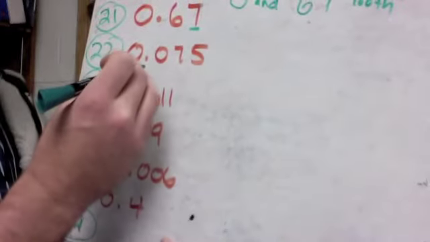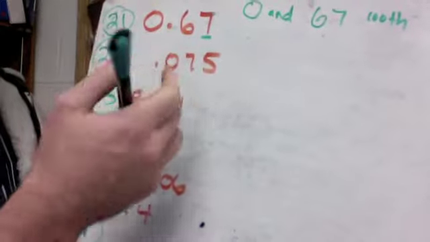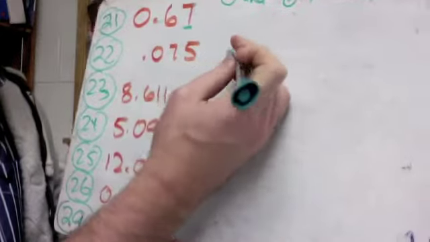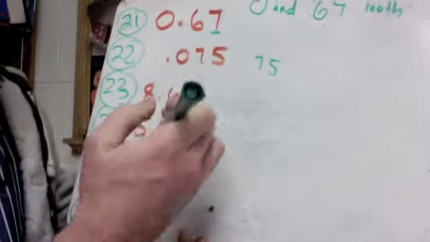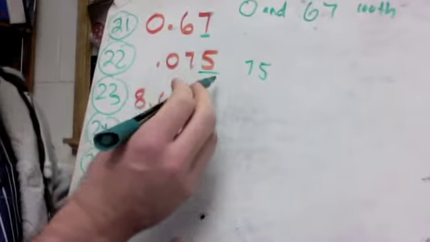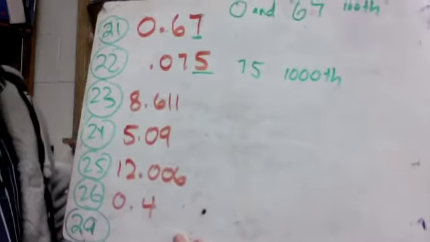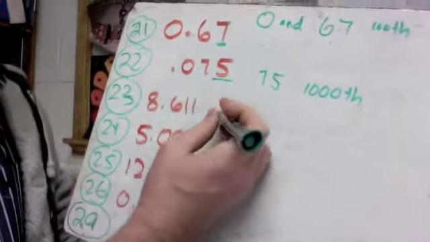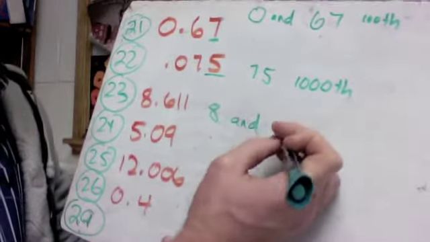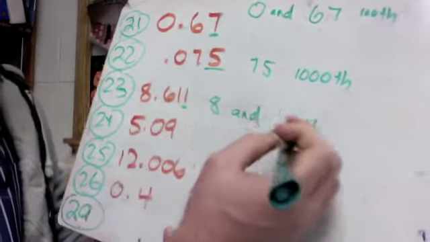The next one, I'm just going to forget there's a 0 here because it really doesn't matter. I'll take that off because it's the same thing. So I'm not going to put any and in there. I'm just going to go 75 whatevers, and it's going to be 75 whatever that decimal place is, tenths, hundredths, thousandths. So it's going to be 75 thousandths. Okay. Here we have to go 8 and then we're going to have 611, and it's just like the last one. It's in the third decimal place. So we're going to go